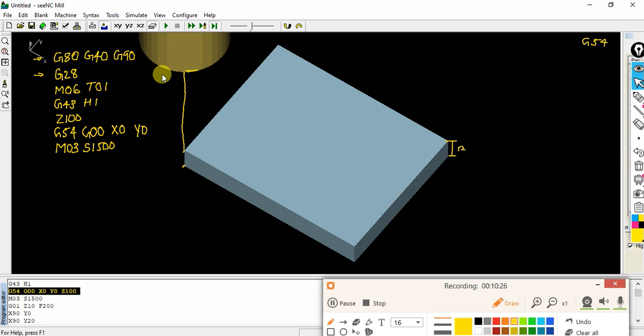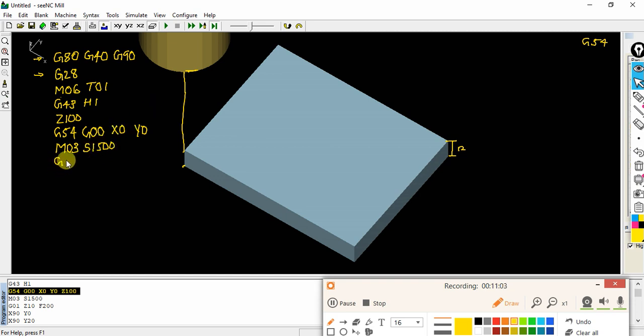The next step will be I should bring the cutting tool on the surface. It is now at 100, Z in 100 position. The spindle is above 100. So I should get the cutting tool to the surface. So the total height is 12, but the requirement is 10. So I should make sure that I should remove 2 mm of thickness.